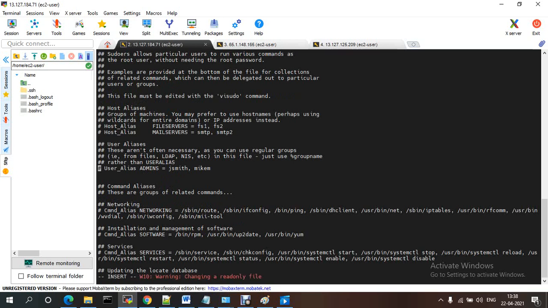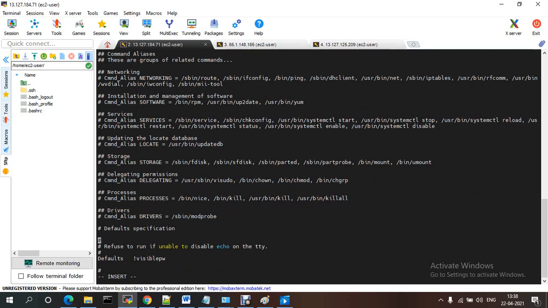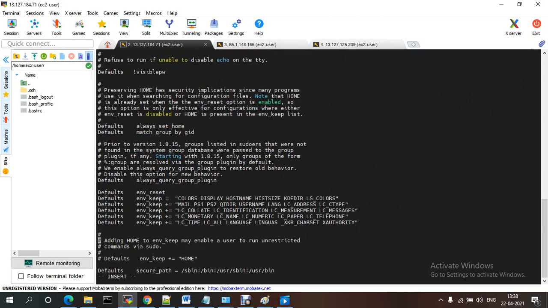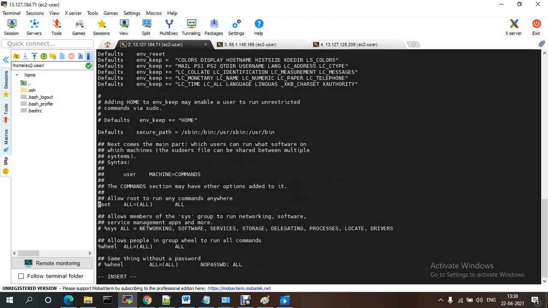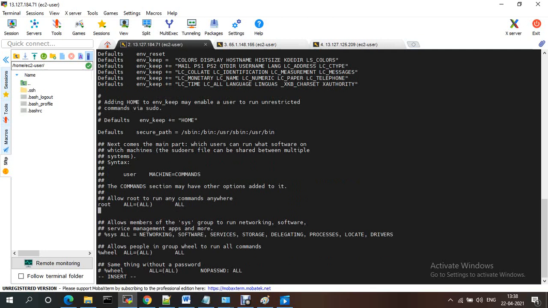Under the root user you just need to add this Jenkins as a user. Okay, see, under root you just need to add, like Jenkins, tab, ALL=(ALL) ALL. You just need to add the entry here.